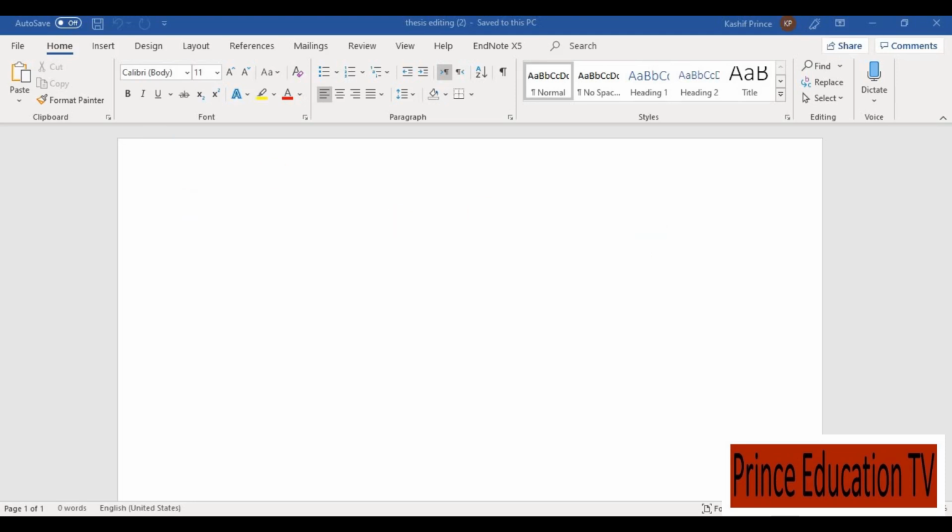So you can see from this section the Home tab is selected. We will go directly to that section. This is the Styles section in which we have to make the different styles of writing. So the first style is called Normal.